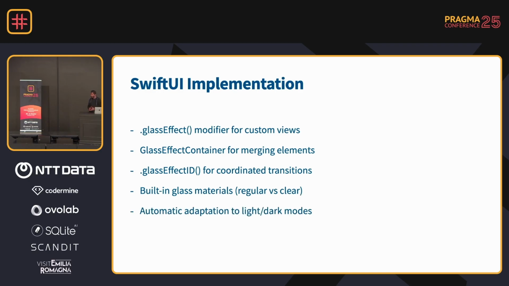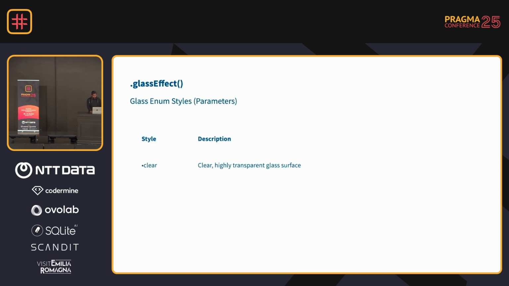These glass effects, if you use this variant, will update automatically based on your device color theme. The first thing is the clear variant. The clear variant is lighter and gives a more translucent look. And the identity variant is like a hard-coded glass effect, especially if you want to animate these things, you can use this modifier. And the regular glass is the most